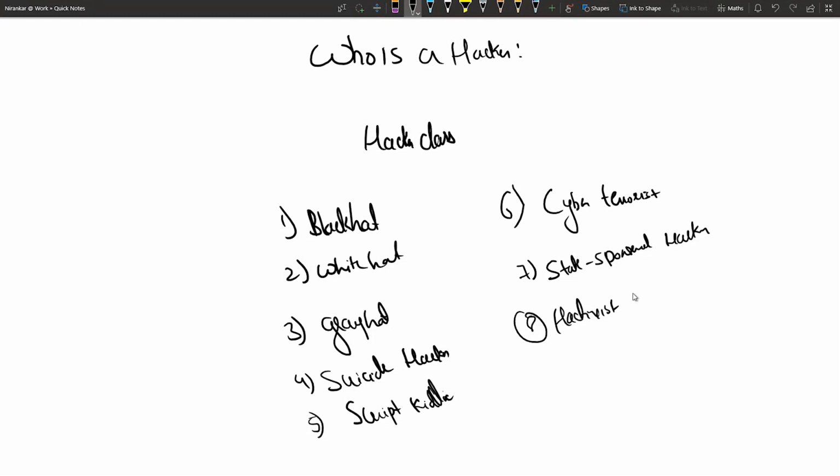So please get it signed and then do the ethical hacking. If we talk about grey hat, they are the individuals who work both offensive and defensive at various times, and these people are mostly money-minded. So they will see their profit. If they are getting more profit by doing good things, they will go with white hat, and if they are getting more profit while doing illegal things, they will go with black hat. So this is the gray hat.